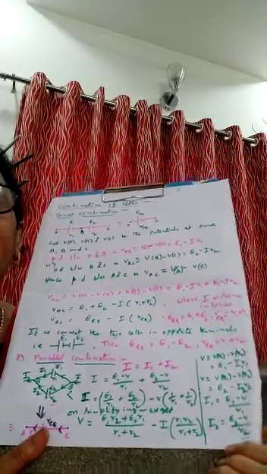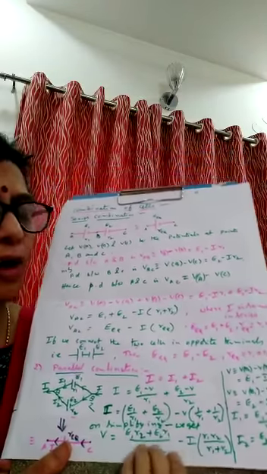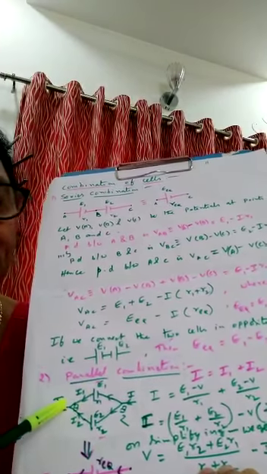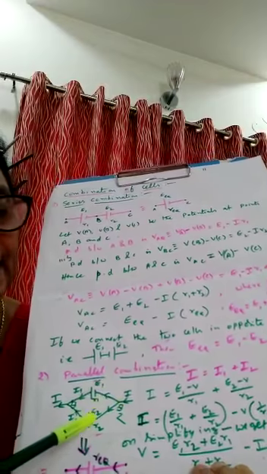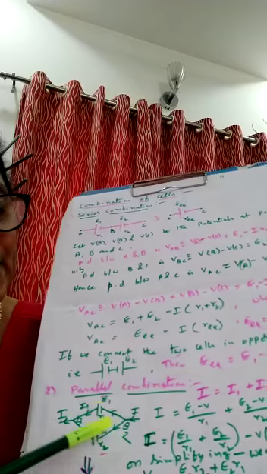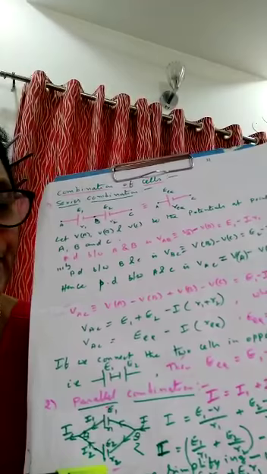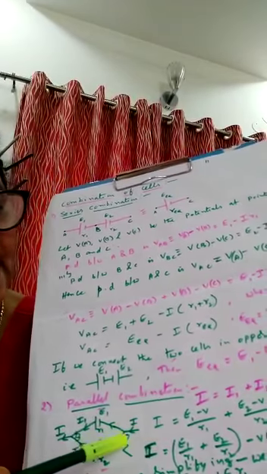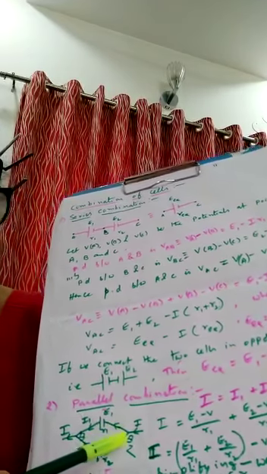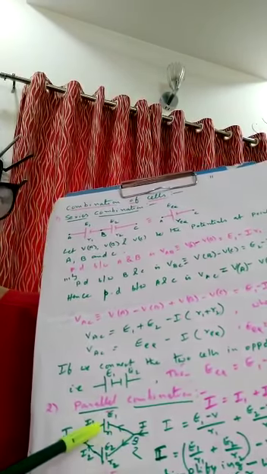Now let us move to the parallel combination. What is parallel combination? The parallel combination is nothing but all positive terminals are connected at one point and all the negative terminals are connected at another point. This is the parallel combination. In parallel combination, same E1, E2 are the EMFs, r1, r2 are the internal resistances here if you take. Then the current I enters this point, then it distributes through cells E1 and E2 here, like this. Both the currents, I1 and I2, it will distribute.